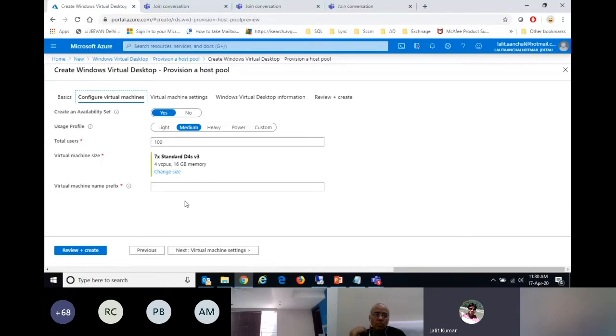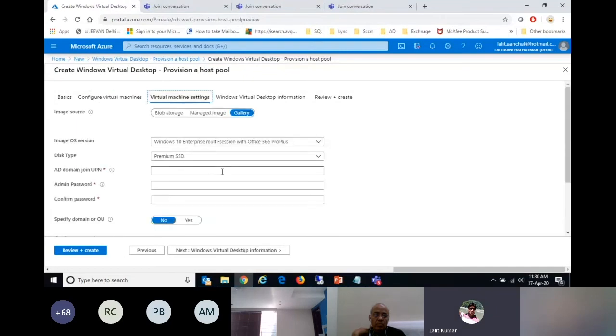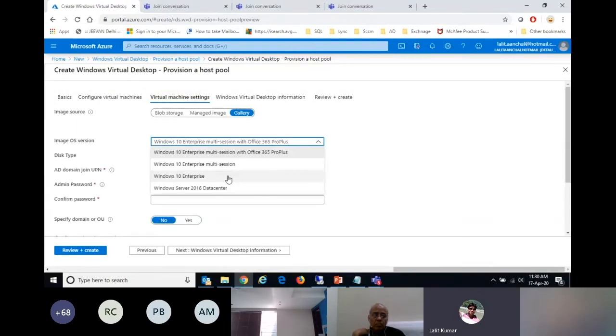Profiling here actually means the type of CPU, RAM, disk space that you want to deploy for your user. Some other settings like choosing the image type, as Param already showed, you can go with multi-session with Office 365 ProPlus. You can even go with a simple machine which has Windows 10 multi-session.